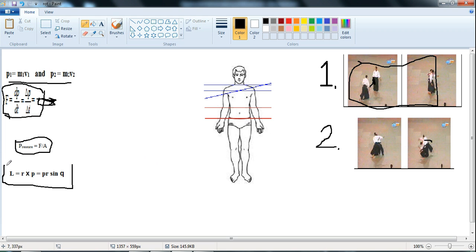L equals R cross P, which equals PR sine theta. That's supposed to be theta. I don't know why I turned it to Q. That is supposed to be theta. But for simplicity, we will let theta be 90, so that L equals PR, which equals MVR, where M will be the combined mass of the attacker and defender, V is the velocity of the two people as a system, because they're together now, and R will be the average distance of the attacker's body as it separates from the defender's